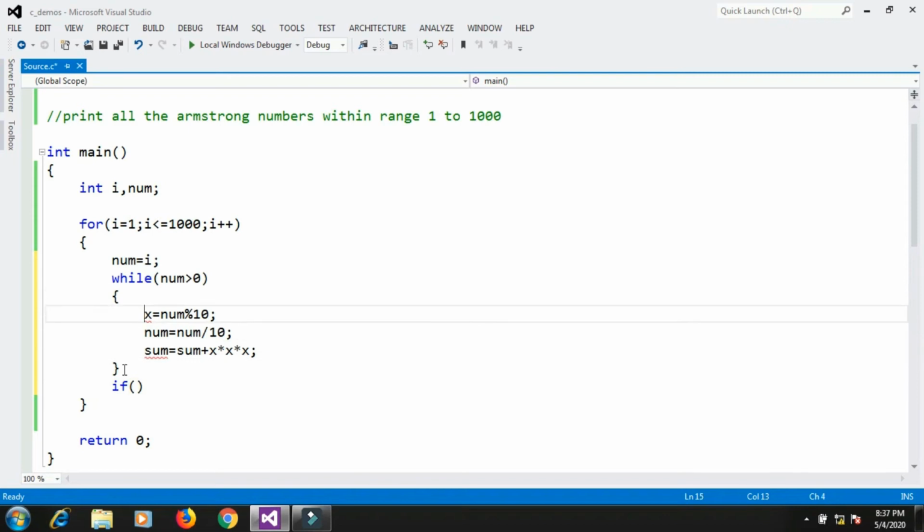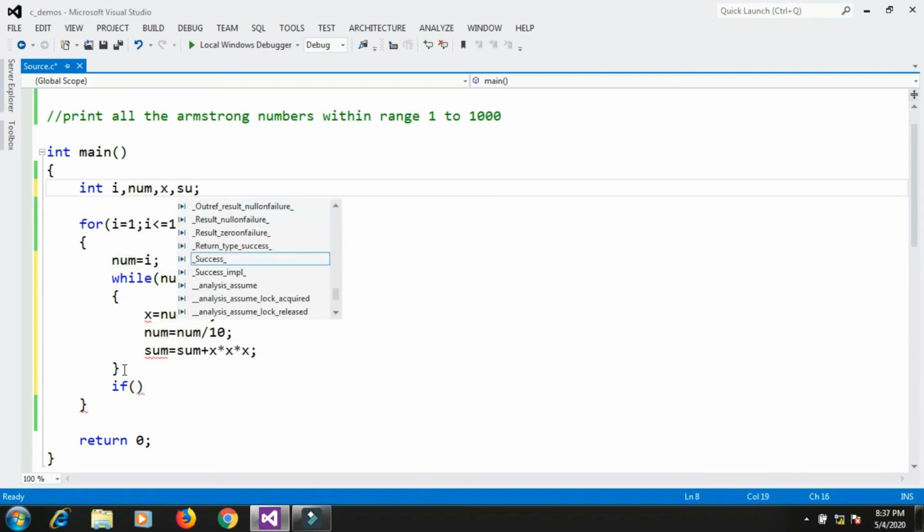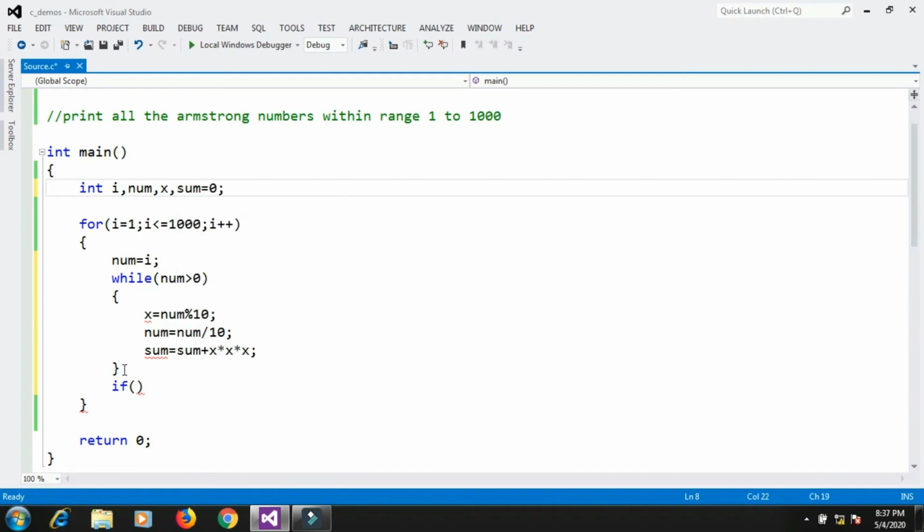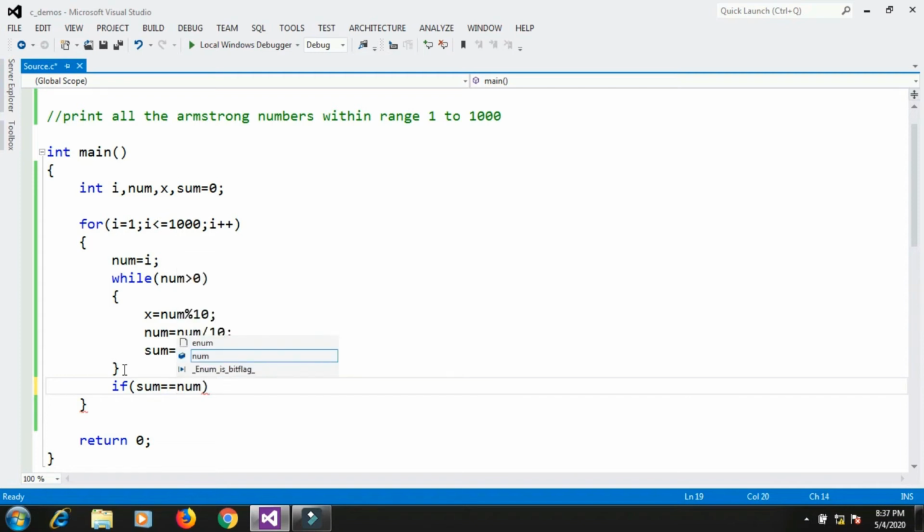So let me first declare all the variables which I am using. I have to declare the x variable, and I will declare the sum variable. Sum is initially 0, and I will check here if the sum equals the original value. If I write if sum equals to num, that won't be correct, because num is getting reduced here. num is not the original value; num is getting reduced to 0 during the execution of this while loop.